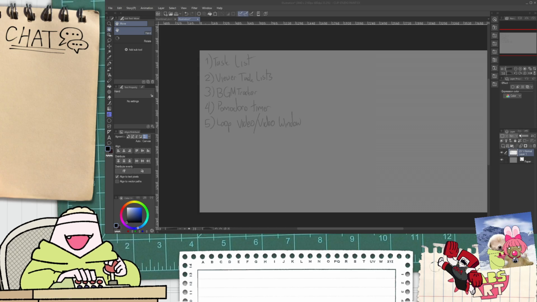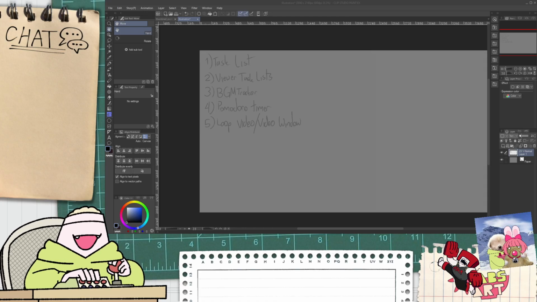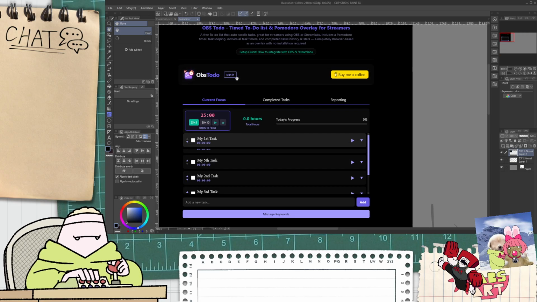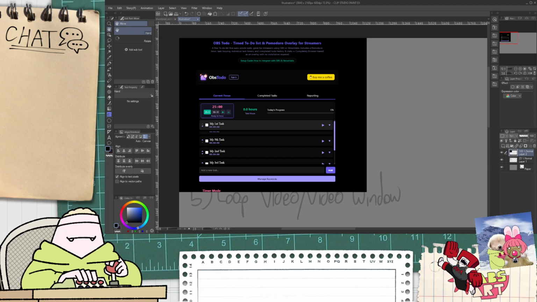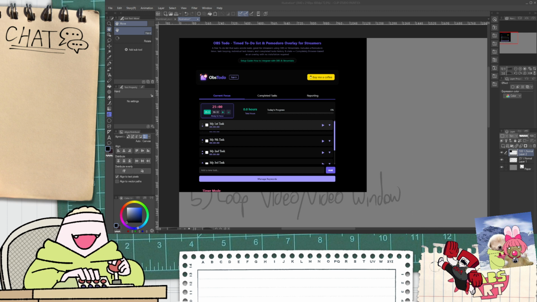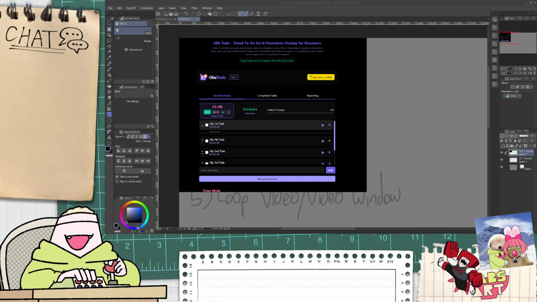Actually, is there such a thing as an OBS Pomodoro? Holy shit, there is. Yeah, no, straight up, there's an OBS Pomodoro overlay. That's crazy to think about. Oh shit, okay. Quick start. You can add OBS to your streaming software in less than 30 seconds.